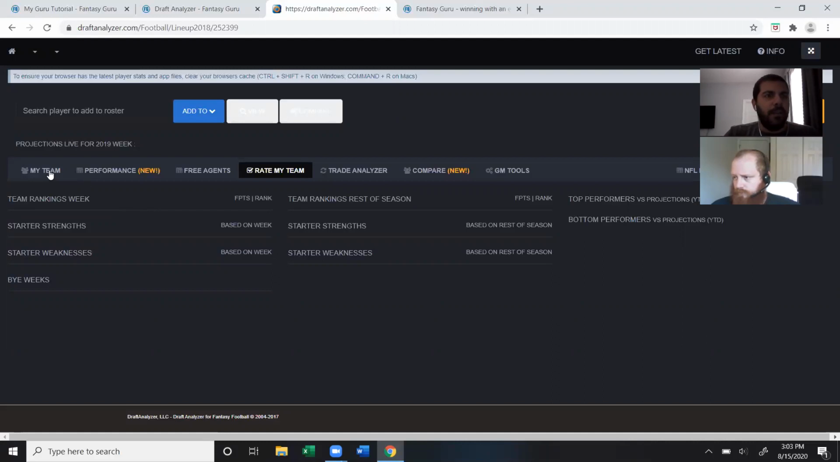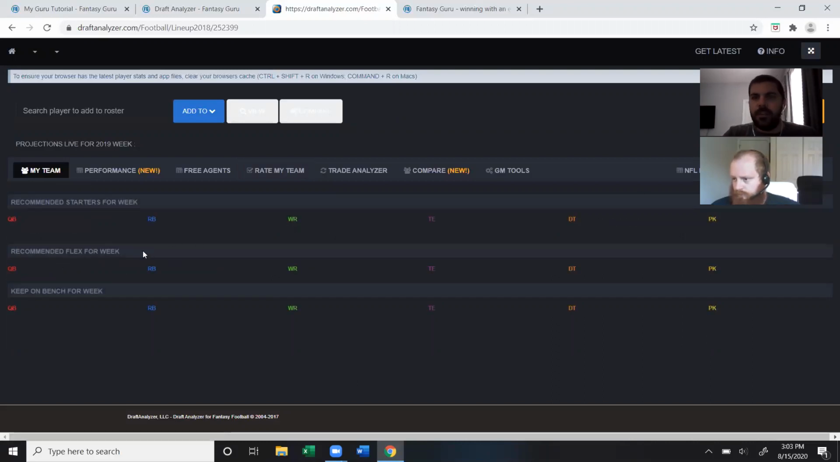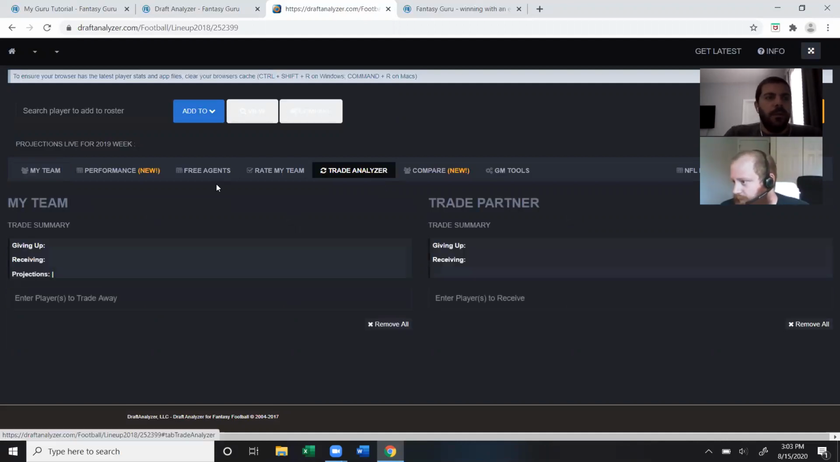Anything you want to add here, Tyler, as far as this little section is concerned? Any uses you think will be cool for this? I think the trade analyzer is a pretty cool tool. Yeah. Lets you see what you're giving up, what you're receiving, and the projections for each player. Yeah, I think you want to use that